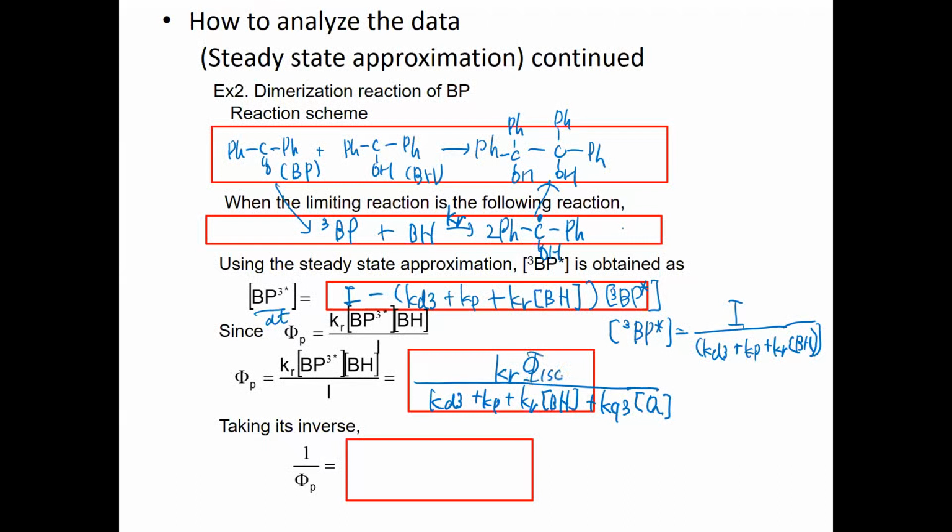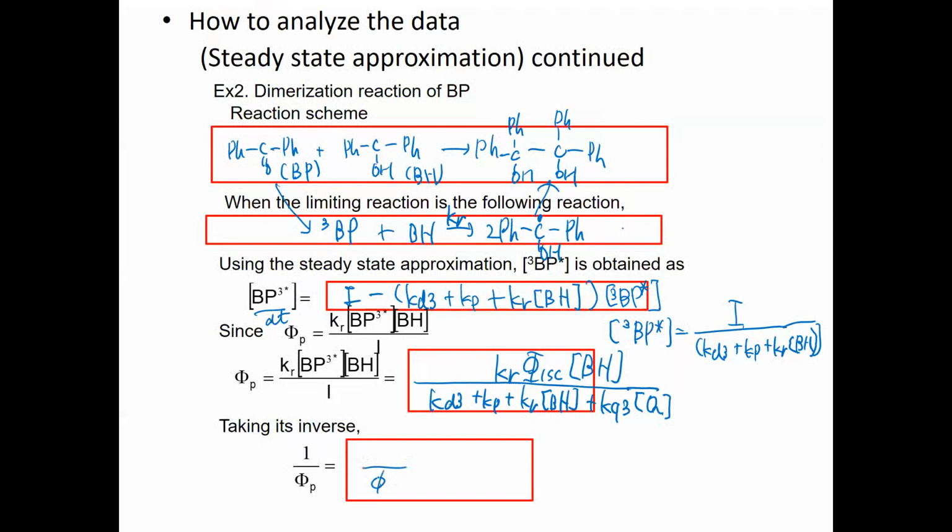Actually, it's a bit complicated, but you need to have a ratio for intersystem crossing to generate the triplet state, like this. And it's getting more and more complicated, but just take the inverse of this, and you will obtain